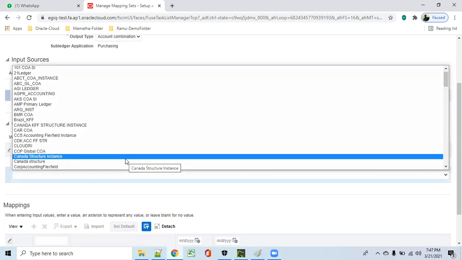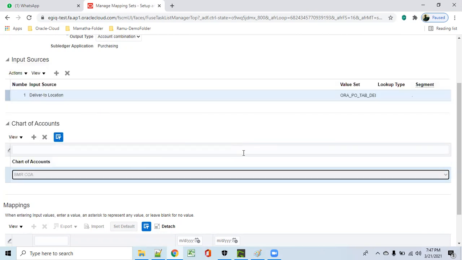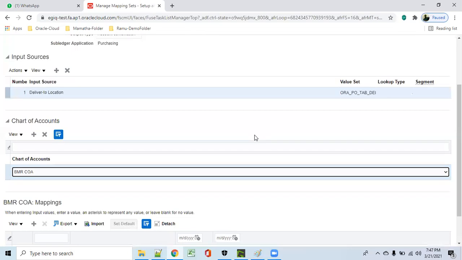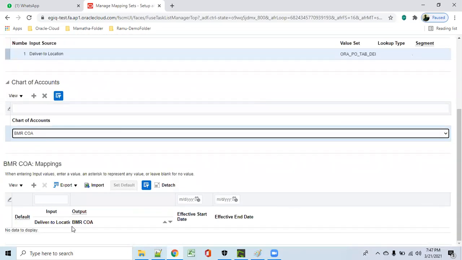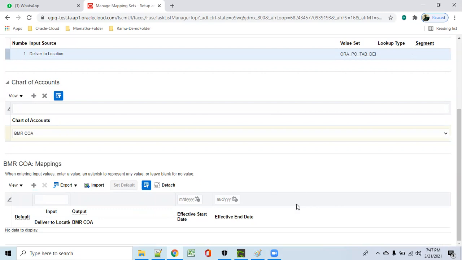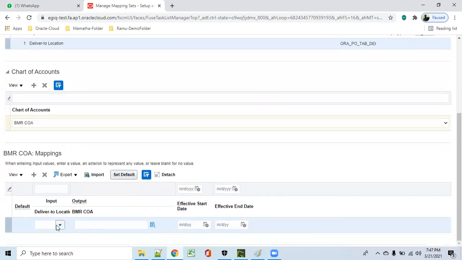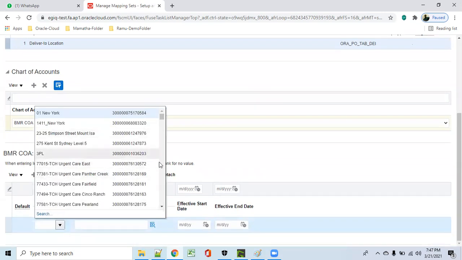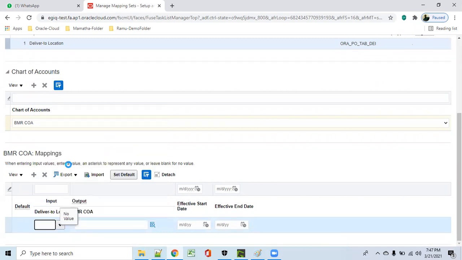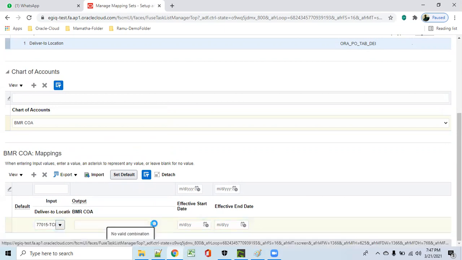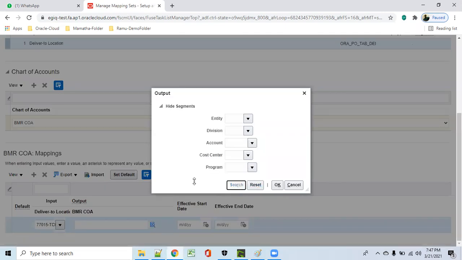Just an example I'm telling. So this chart of accounts will come from where? From the ledger. Then under this deliver to location, if we click on plus, you see deliver to locations will be pulled from the value set. So if this is my deliver to location, the system has to pull my COA structure, whatever I'm selecting here.